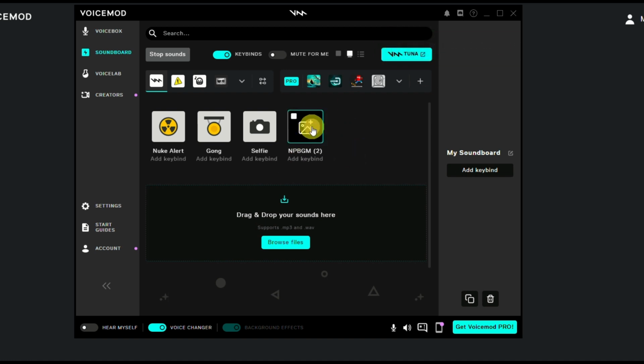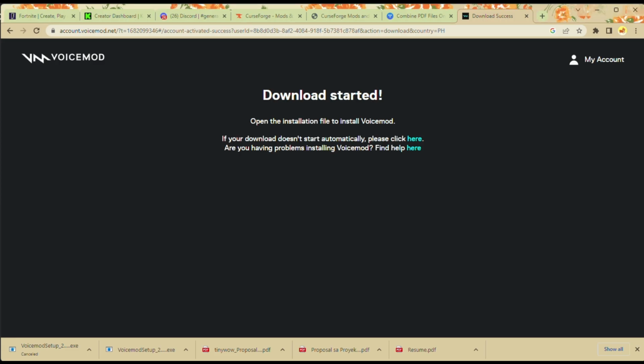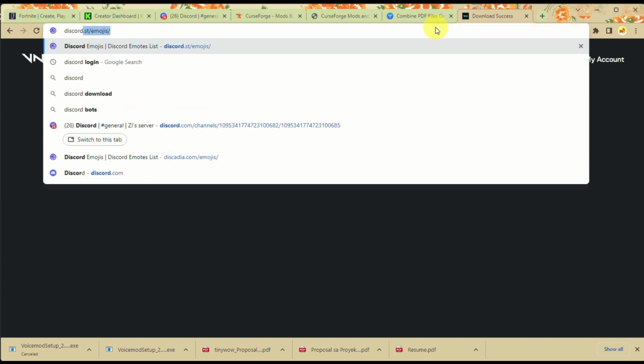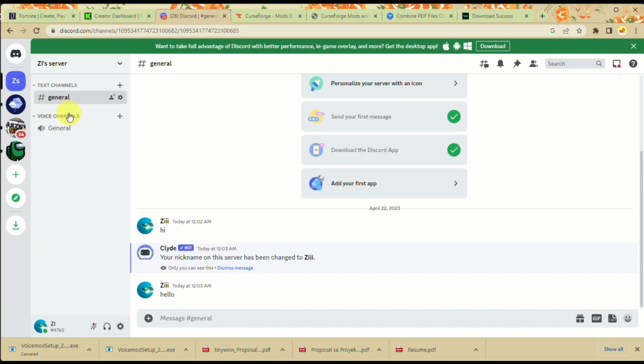So I can click on it or I can choose on it if I want that to play on my microphone when I speak. So what you can do is you can try to play it on your end, and if you want to stop, you just click on stop sounds. So in order for this to work, you would actually need to use a platform, for example, like a Discord, or if ever you are streaming, live streaming, you can definitely use this to change or to play music